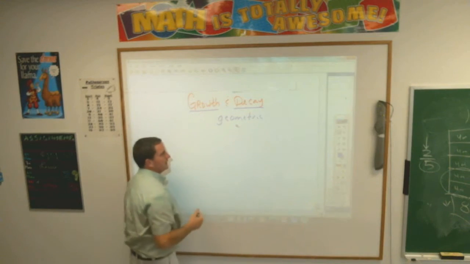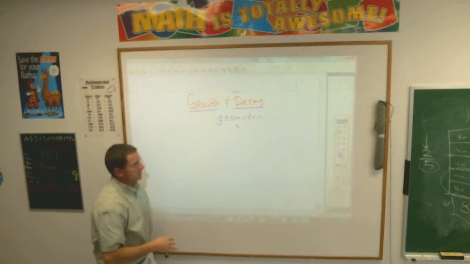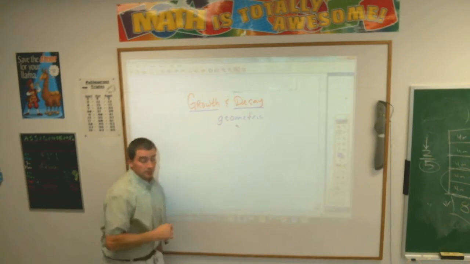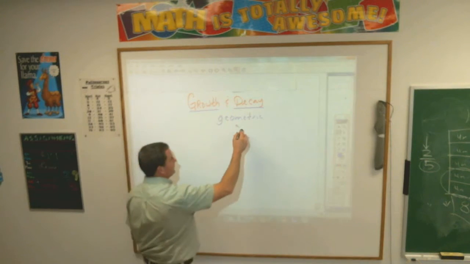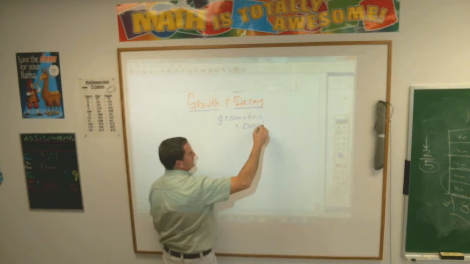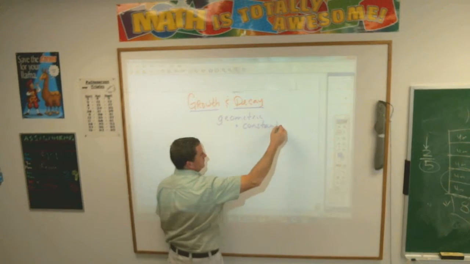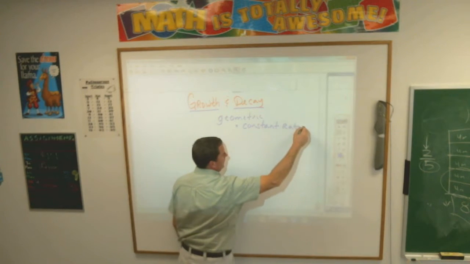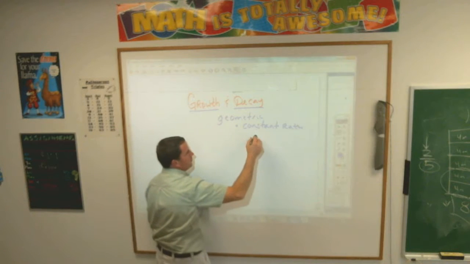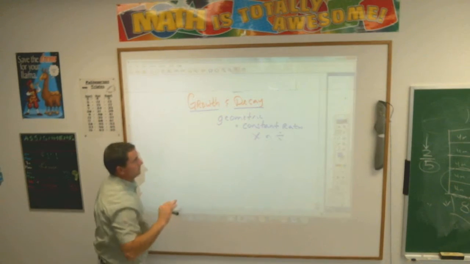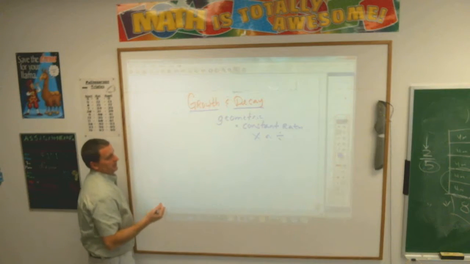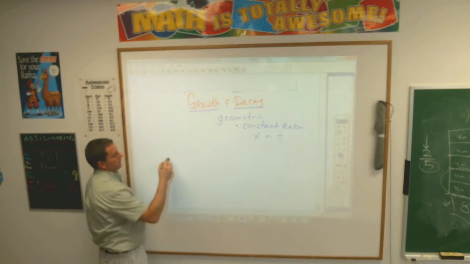when we talk about growth and decay, the constant between things is always going to be some sort of a multiplication or division thing. It's called the constant ratio. And you'll understand when I give you an example. Okay, it's multiplication or division. In other words, here's the thing. If you start off with